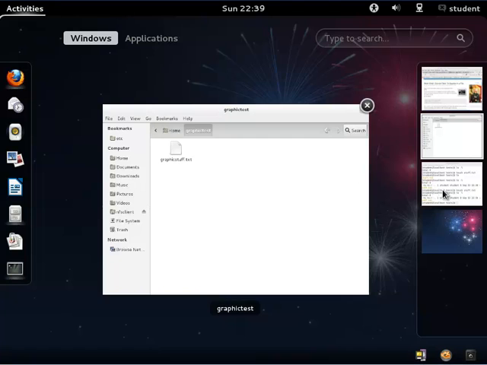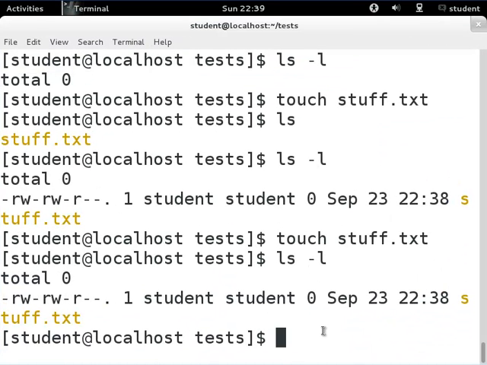All right, let's go over to our command line again. And so this is pretty simple as far as this goes. What we're going to do is play around with this file some. So I can copy it, and when I copy it, I can rename it. I can copy it from one place to another. I can copy it into the same folder I'm in right now, and I can do all kinds of stuff. But say I wanted to make a copy of it and have another file laying around with a different name for this file. All right, so if I want to do that, I could type out